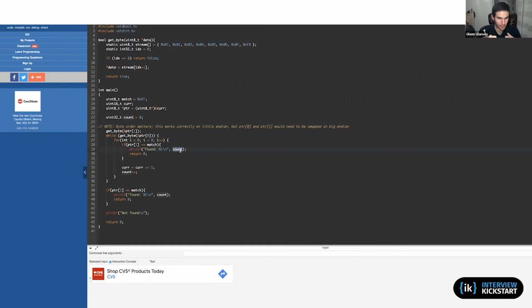So the way you could implement this bit matching is the same way that you would implement a character matching or a string matching. It would be a whole lot of shifting and masking to make sure everything worked, but you could conceptually do it that way.